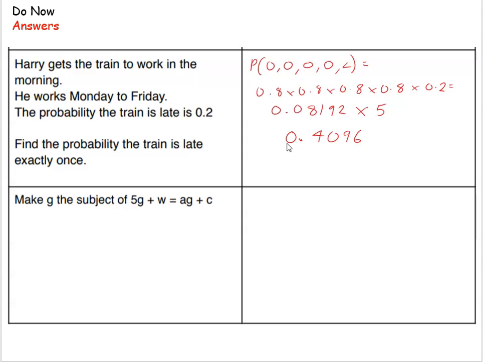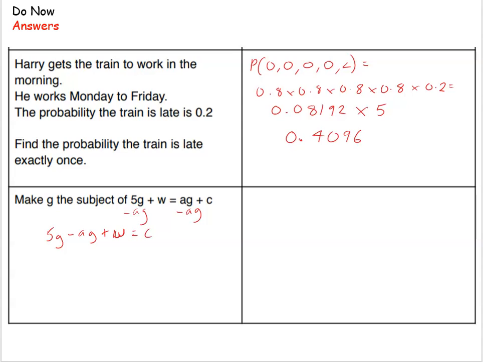So the last one of our do now: make G the subject of 5G plus W equals AG plus C. Okay, so with this, we want to get all of our G's on the same side. The first thing I'm going to do is minus AG from both sides. So that gives me 5G minus AG plus W